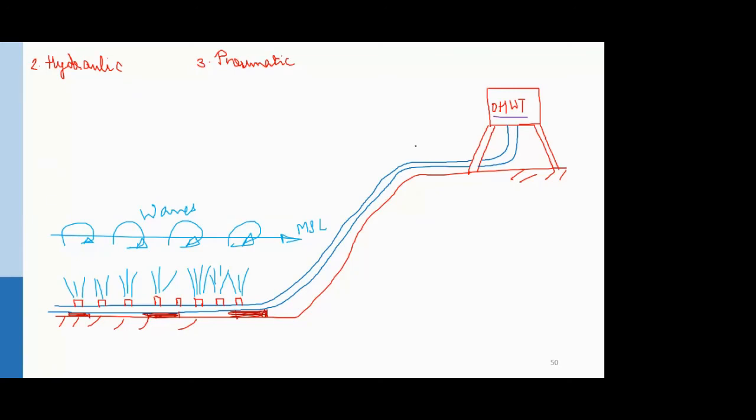and then you take out a pipeline. So this blue color pipe what you see, this is the pipe which is supplying water. And this pipe goes below the water surface, and it is almost placed on the bed.